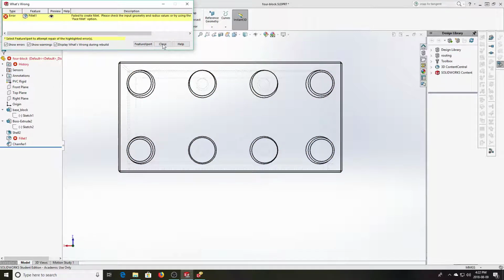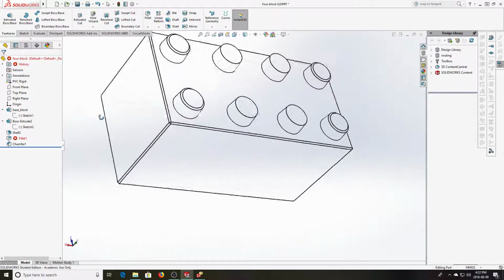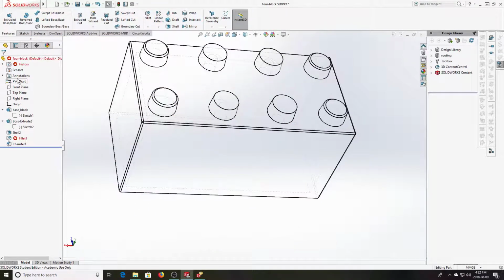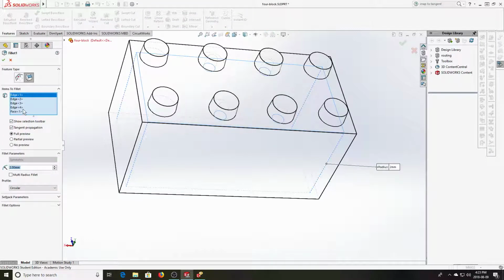When there's mistakes in SolidWorks, they show up with a What's Wrong dialog, and you can go through Feature Expert as one of its options and let it help you. But the nice thing is it actually tells you what's wrong. You'll see in this list, and recall I said at the beginning of these videos that this design tree was really important in modeling. Well, it's telling us that fillet 1 is a problem. So if I left click on that and it tells me what the problem with the fillet is, and I just click Edit Feature, then you'll see that